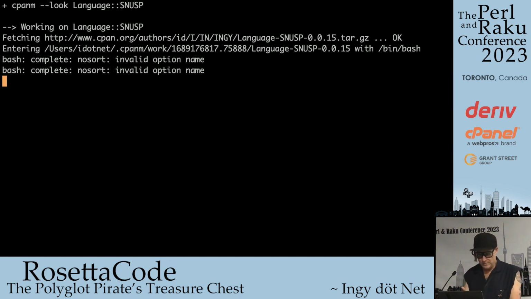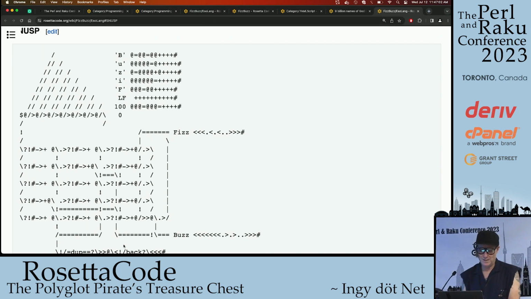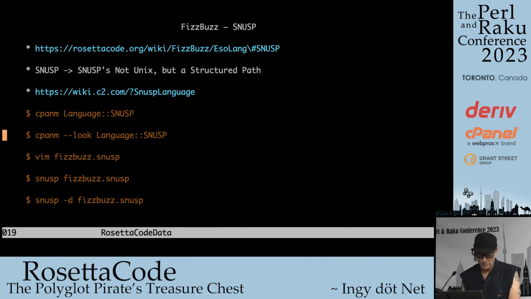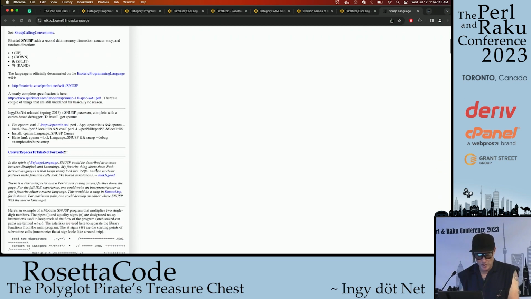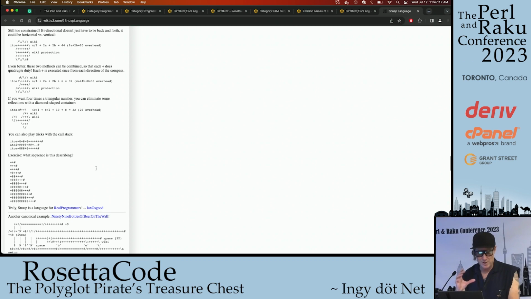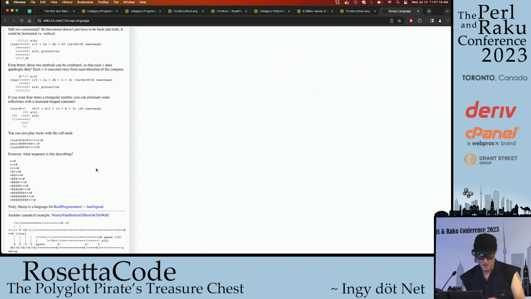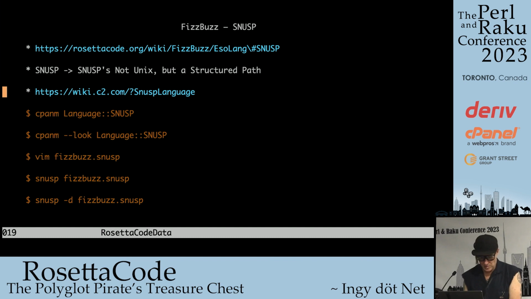Actually, if you get the language, I wrote the language. Let's go look. This language only existed on a wiki page. The implementation, the Perl code, the whole language is invented on here. People wrote a bunch of programs down here in the language. They wrote a Perl implementation of the language that was obfuscated in about this much code. And I took all of that code, cleaned it up, and put it on the CPAN so that people could run snusp on files. And it was kind of cool. So that's what I was trying to say here.